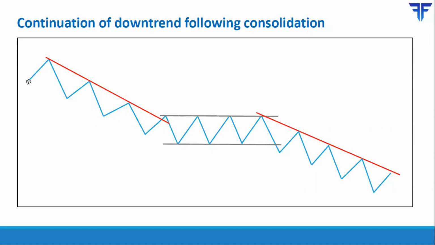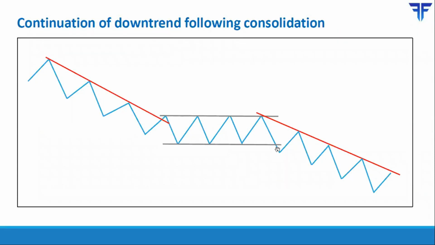Initially, the first one third of the chart shows you a sequence of lower highs and lower lows. So it tells you that the sellers are in control. However, following these lower highs and lower lows, price then started consolidating within a lateral band. So during this time, neither the sellers nor the bulls were in control, and it represented a situation wherein the market is taking a pause. However, you get the first sign of downtrend resumption when price breaks below this lateral band.